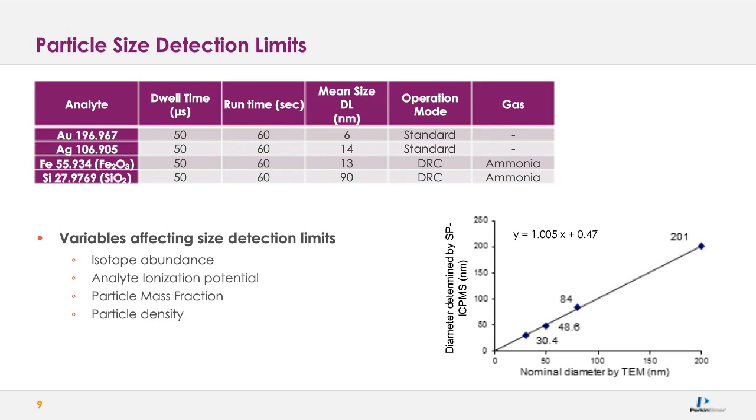The other section: single particle is a technique that counts the particles, which we went through. How many particles can we count, and how efficient are we in counting those particles. There's also how small a size we can achieve with single particle ICP-MS. For that, it all depends on the operating conditions and on the user's ability to tune the instrument for the analyte of choice. But one or a few specific things that I would like to stress: the density